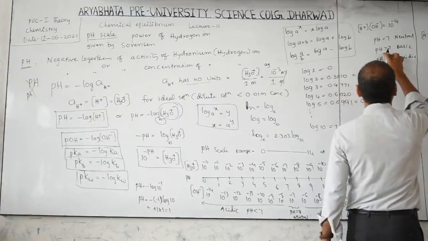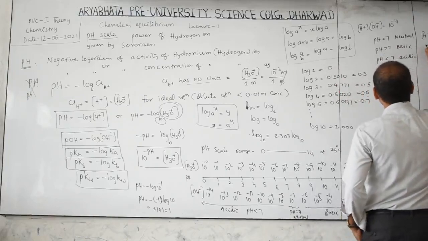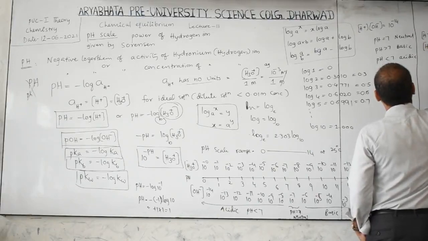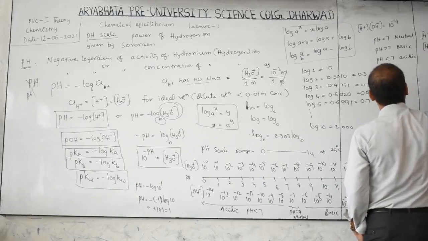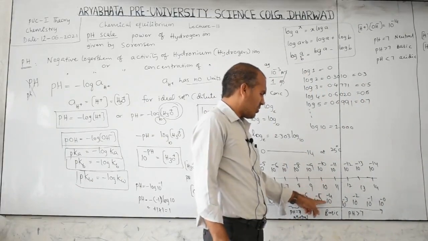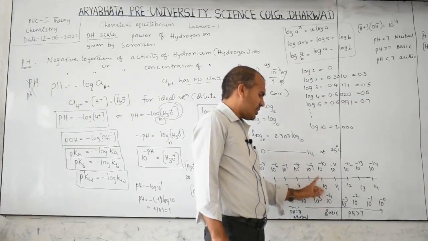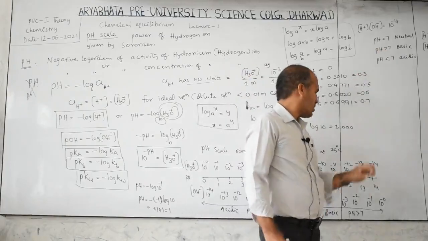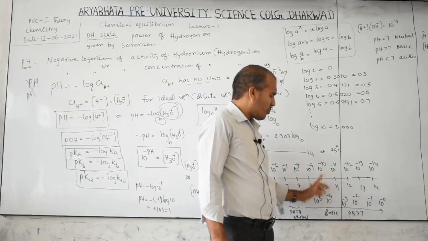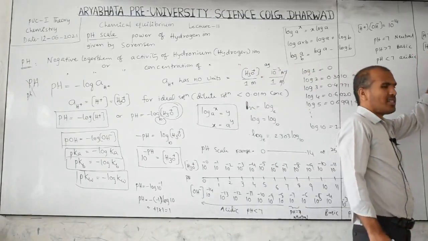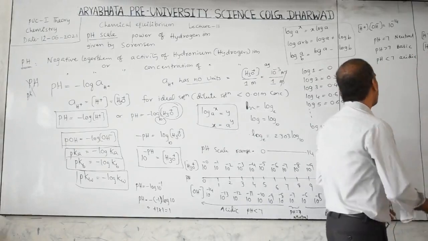Now pH greater than 7 means basic. At that time the H plus ion concentration is less and the OH minus ion concentration is greater. See, now this pH is greater. If you compare, consider pH is 10, which is greater than 7. Therefore this constant, 10 power minus 4, is a higher value, and 10 power minus 10 is a lower value. Therefore the H plus ion concentration is lower than the OH minus ion concentration.